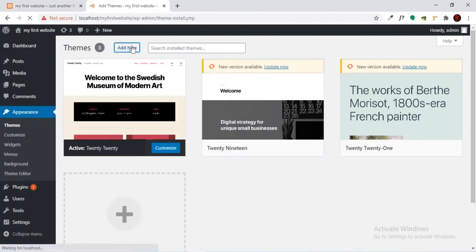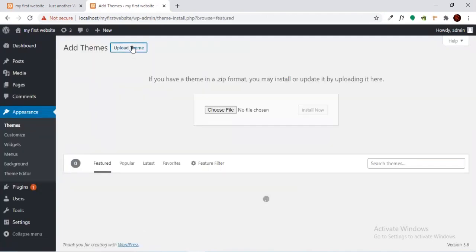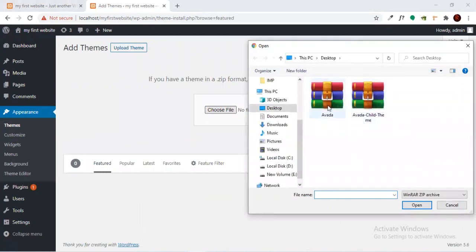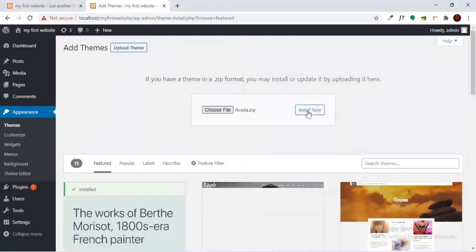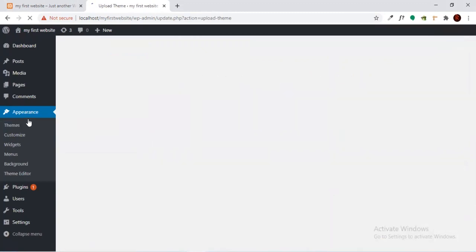from where you have purchased the theme, it will provide all the files. So I extracted it, and there are two folders, one is Avada and one is Avada child theme. As you can see, you just have to click on Avada and click on install now. It will install the Avada theme in your system. You also need to install Avada child theme. It will be very useful for future purposes. I will tell you about this in a different video.